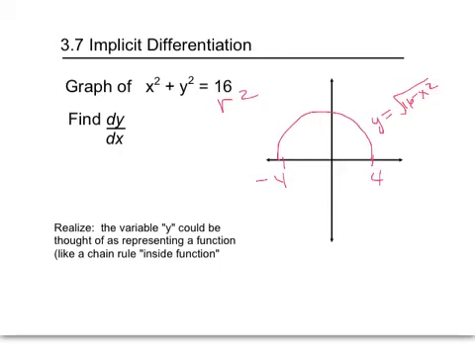And then there's also the lower function. This would be, like in your calculator, this might be y1, and here y2 would be the negative square root of 16 minus x squared. So if you want to draw a circle in your calculator, that's the way you have to put it in. This statement has both the red and the blue implied directly within it, and our goal in calculus is to